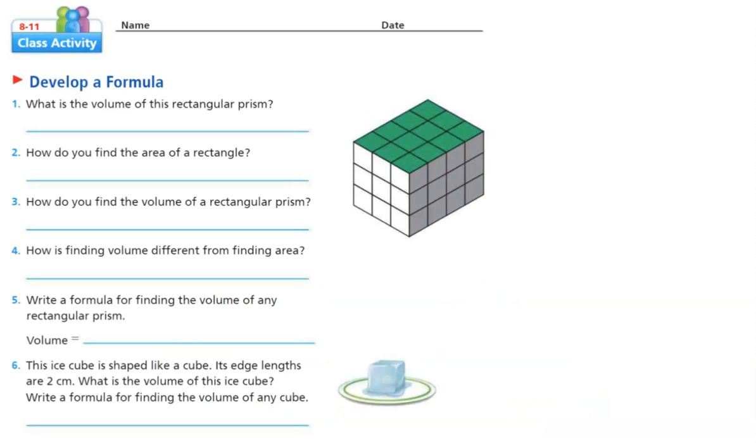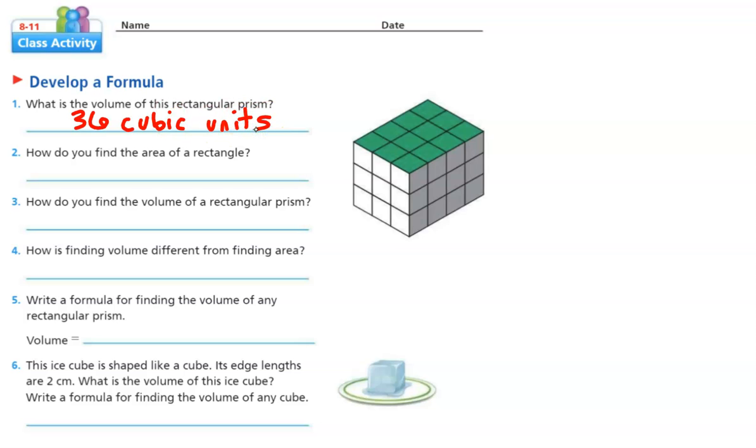And let's start first by humoring our SAB journal by letting them walk us through that process. So this says, what is the volume of this rectangular prism? So let's just solve it in any way we can think of so far. Since it's got cubes, I might count this very first face, which is 1, 2, 3, 4, 5, 6, 7, 8, 9. And it's got 9 cubes right here in the front. And then there are 4 groups of those 9. So that would just be 4 times 9, which is 36. So the answer here is that this has a volume of 36 cubic units,